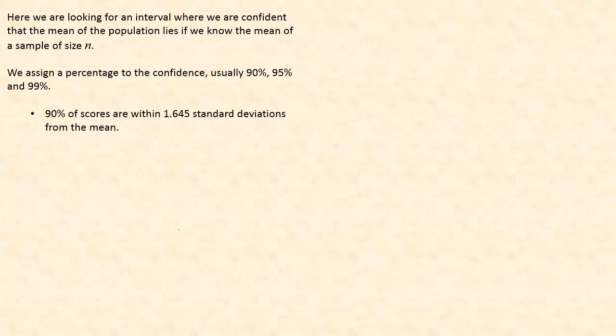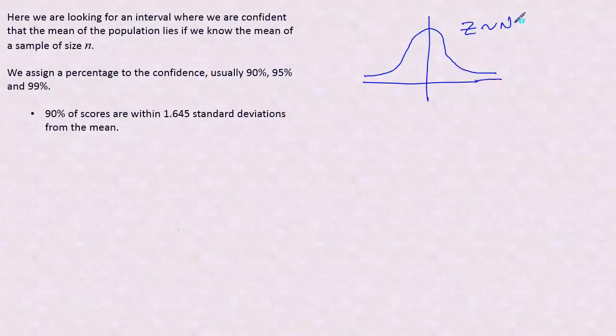90% of scores are within 1.645 standard deviations from the mean. So what we're talking about here, if we have a normal distribution like this, and this is the standard normal, which is Z, which is a normal with mean 0 and standard deviation 1, then if we have a symmetric interval like this, so that 90% is in here, then this is negative 1.645